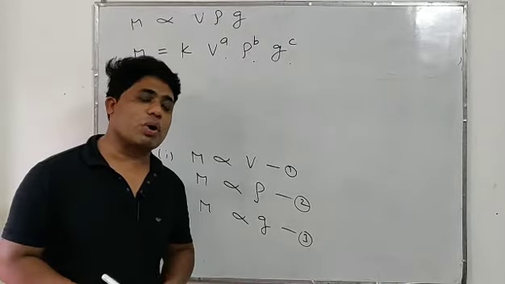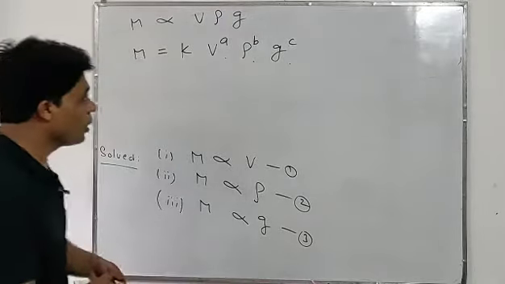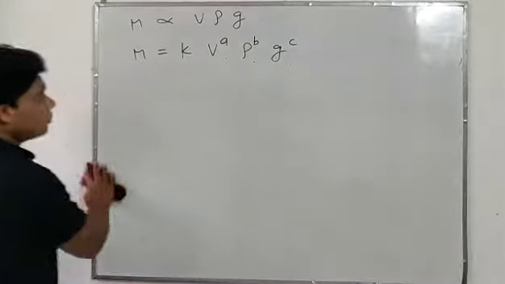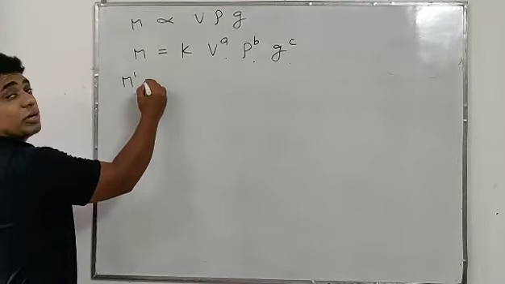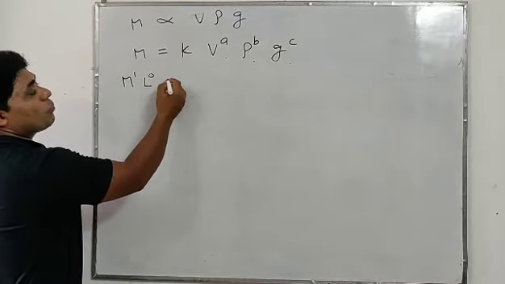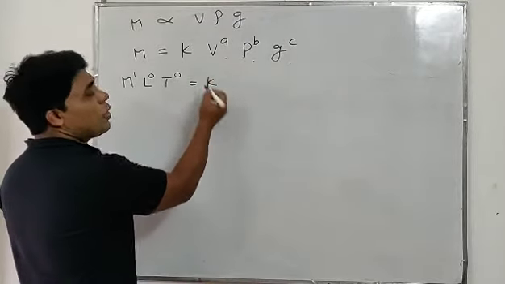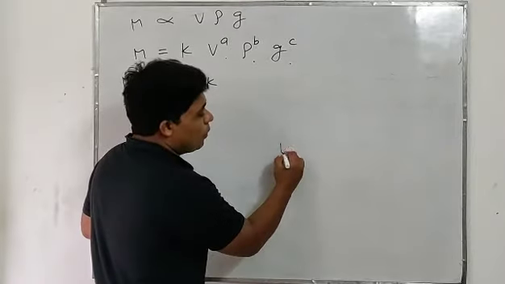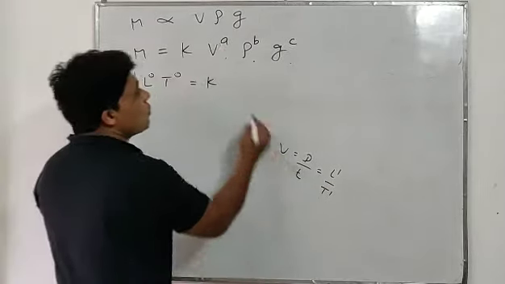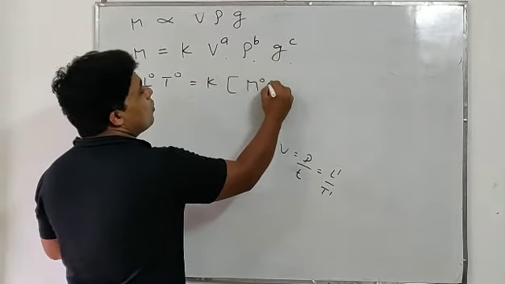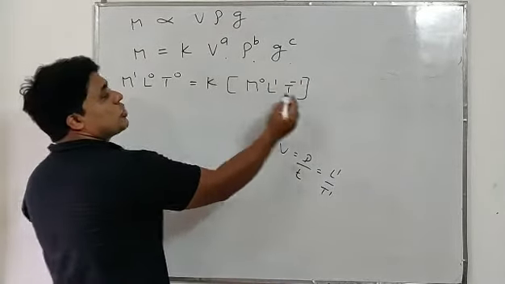And we know the power of a fundamental physical quantity, the power of M, L, T, is said to be its dimension. Now students, we'll write the dimensions. What is the dimension of mass? M to the power 1, no length L0, no time T0. Mass is only represented by M. K is a constant, so there is no dimension for k. Velocity is displacement by time, so L by T. We can write M0 L1 T minus 1. This is the dimension of velocity, power a.